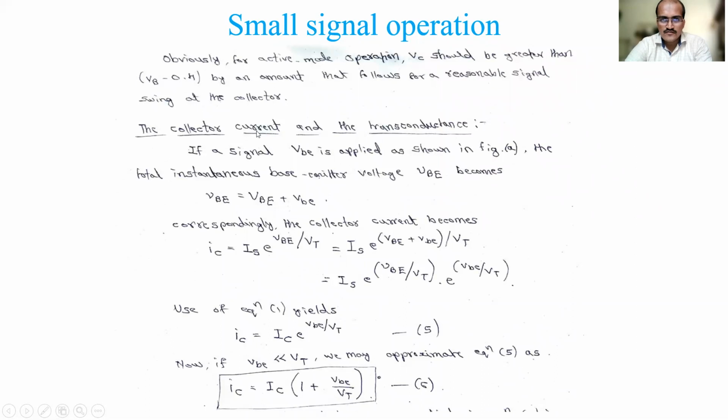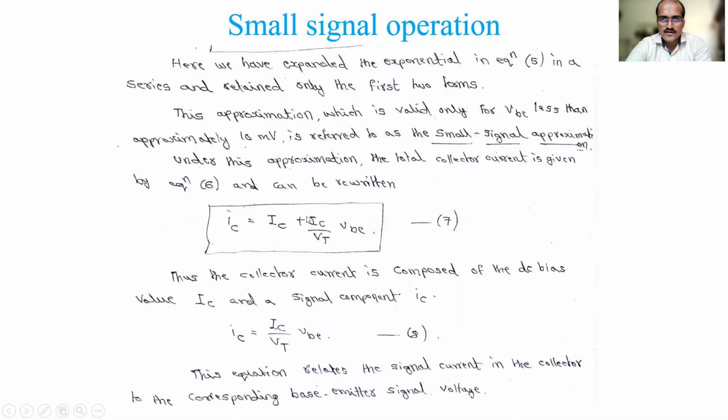First we have taken collector current, and associated with it is transconductance. We also told why it is called transconductance. We started off with the basic equation, then substituted the IC as saturation current and VT relation. When you studied MOSFET, you studied about this, and in BJT you studied about this in EDC. What VT is, we'll see in the problem, how to solve that. Finally you got the collector current as IC into 1 plus VBE by VT. This is the final expression you got, and we need to remember this.